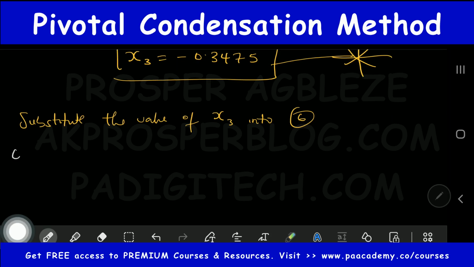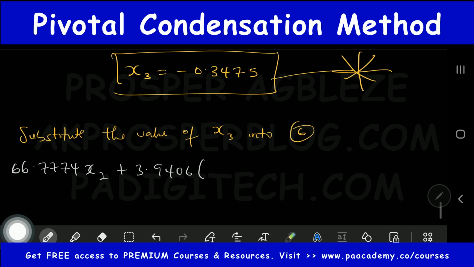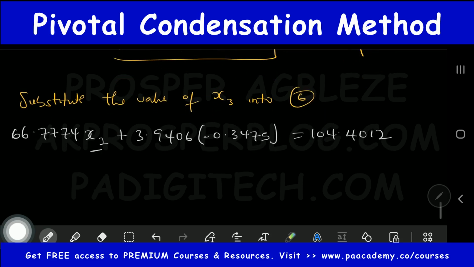in doing that, we are going to be having 66.7774x2 plus 3.9406, and then let's put in the value of our x3. That will be minus 0.3475 is equals to 104.4012. If you do this correctly now, you make our x2 the subject of the formula. We are going to be having our x2 to be equals to 104.4012, then plus